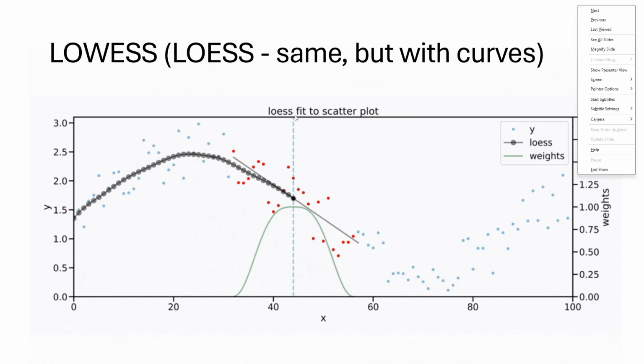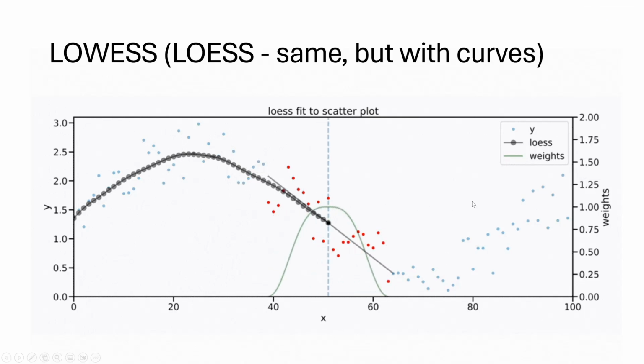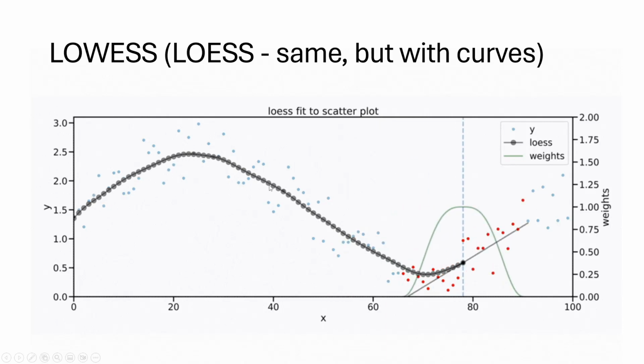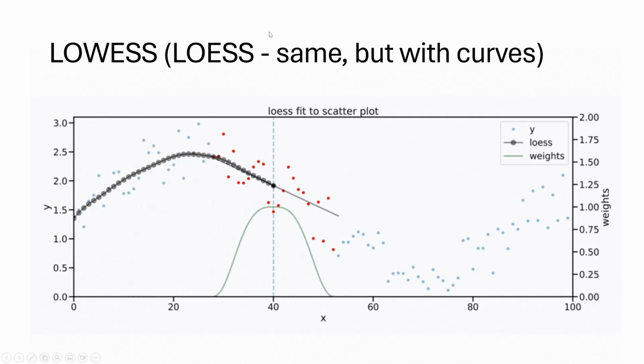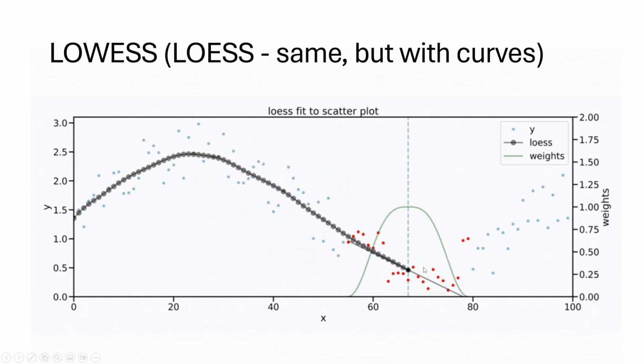So if a point is very far away and it's most likely to be an outlier, that point is going to exert very little influence on the slope of this line, right? Which makes this method pretty robust to outliers, okay? So this second weighting mechanism is not represented here for simplicity, but I'm sure you understand. You just rotate this curve by 90 degrees, right? And then you get the vertical weighting as well. The mechanism is the same, right? So this is how we obtain this smoothed curve here, and this is the LOESS, the locally weighted